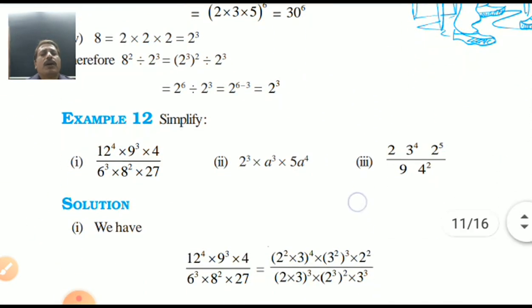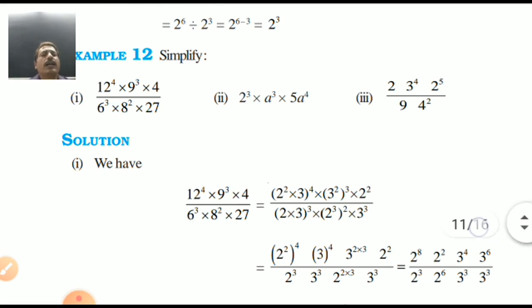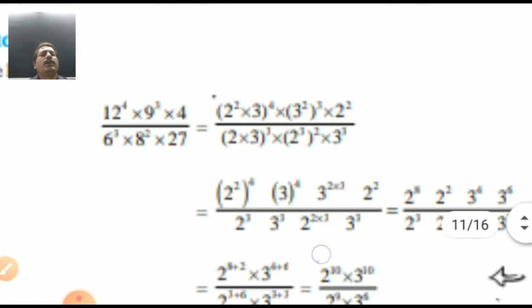Simplify 12 numbers. Yes, my dear student. 12 number example is here. Can you see? Oh, 3 numbers are there. All numbers are different. Don't worry. Just make it prime factorizations. What will be the prime factorization of 12, son? 2 into 3. 2 raised to 2. 4 is, son, 2 raised to 2, equal to 2 times 2. Correct. So here 4. When you are separating this one, you have 2 raised to 8 multiplied by 2